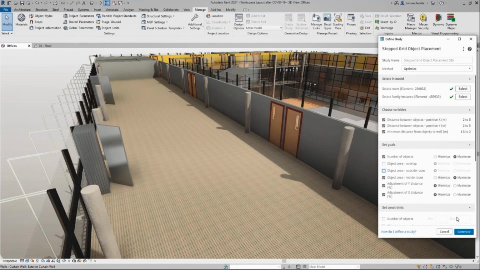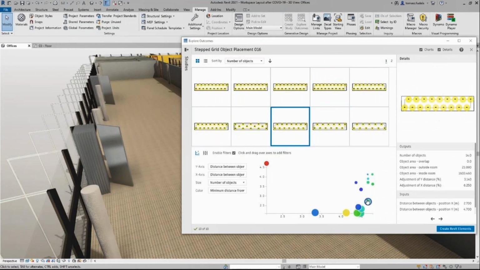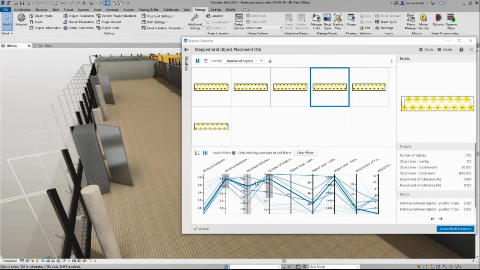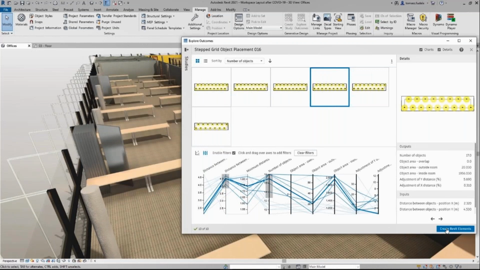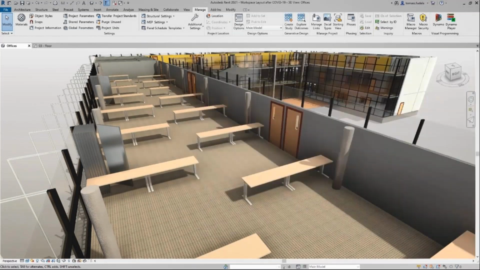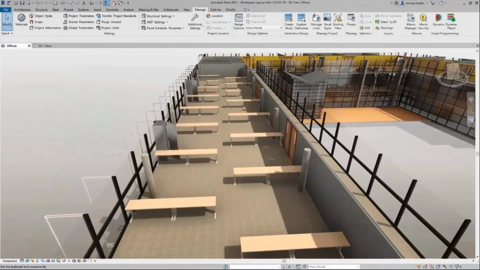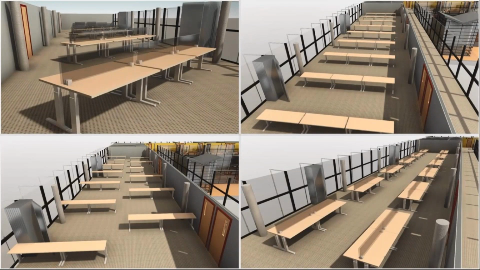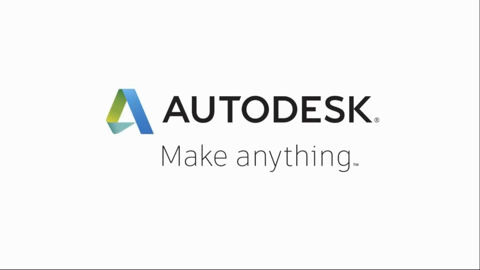So again, I ask it to rerun the layout, or I try to select a different layout scheme which addresses the physical distancing aspect and ensures nothing blocks the partitions closing, just in case I want to separate out the rooms or spaces. And then finally it gives me this layout where I can see that all the criteria are being met, and here you can see all the multiple outcomes that it has generated.